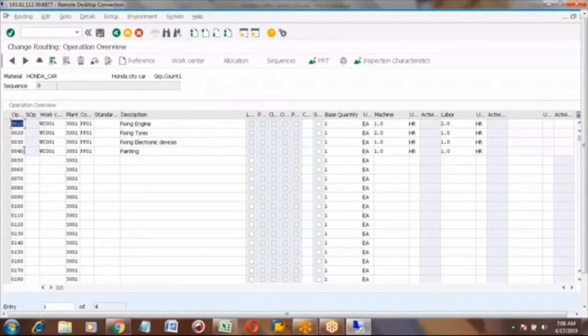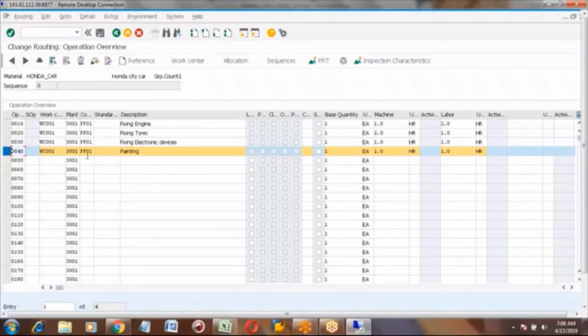When you finish the last operation, that is when you do the GR. GR means the product is ready, which you declare after completion of the last operation. So this automatic GR should happen at the last operation, not the first.